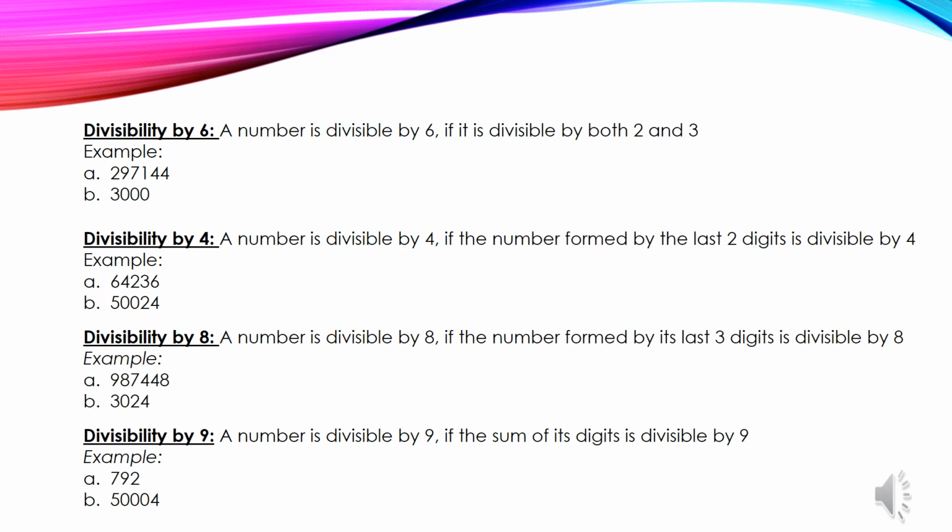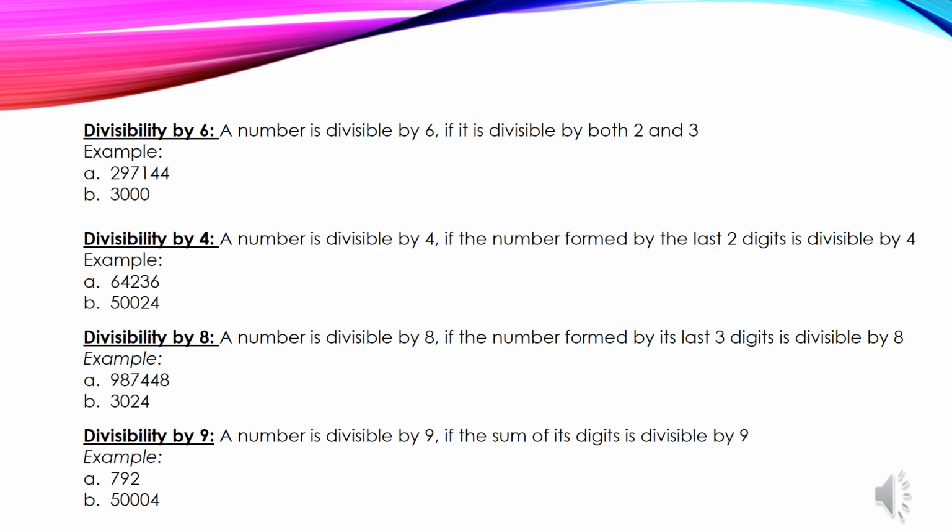In this case, by seeing the units place, we can say that it is divisible by 2. Okay. Now we need to check for 3. For 3, what is the divisibility rule? We need to add all the digits in the given number. So, if you add all the digits, we are getting 27. Now here 27 is a multiple of 3. So, we can say that the given number is divisible by 3 also.